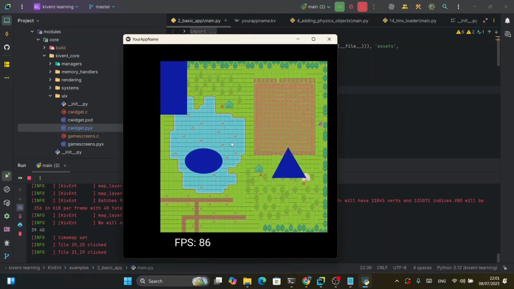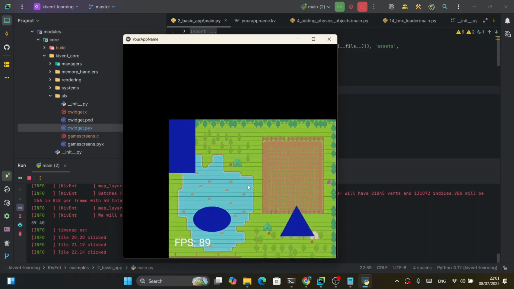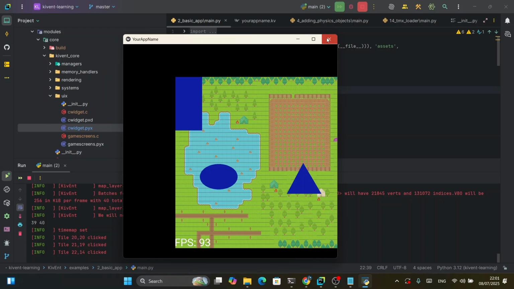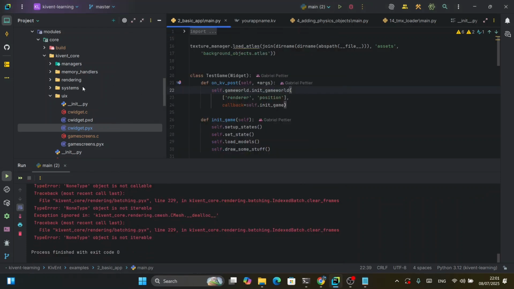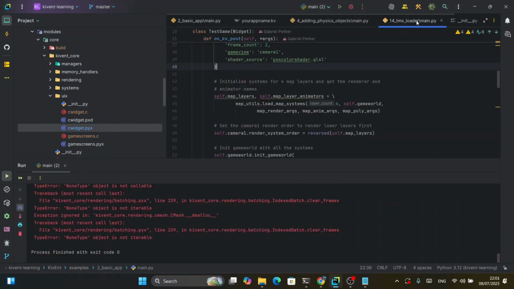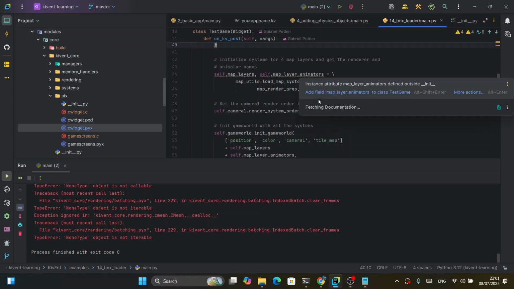So, as you can see, the animation. These lines do not appear on Linux. I don't know why they are appearing on Windows. Anyway, that is when you move them around. So I'm going to close that out. I think there are tons of other examples. If you go to TMS loader,